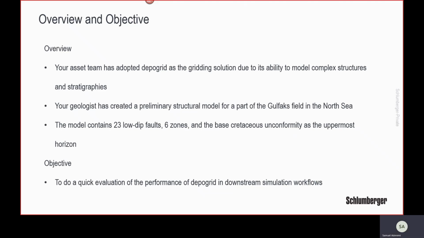The structural model contains 23 faults, 6 zones, and of course, it has the base Cretaceous unconformity as the uppermost horizon, which we will see. So your objective is to work with your geomodeler to generate the Depogrid from this structural model, that is the VBM. So the structural model has been created already, but I will show you all the steps taken in creating that structural model. Then from the structural model, we will create the Depogrid,